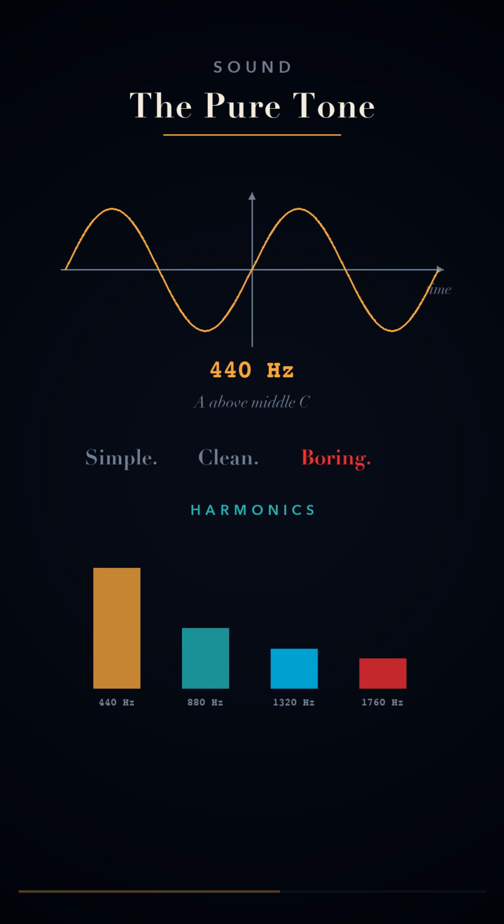Almost nothing in the real world sounds like a pure tone. When you pluck a guitar string tuned to that same A, you do not hear a clean sine wave. You hear the fundamental at 440 Hz, plus a second vibration at 880, plus a third at 1320, plus a fourth at 1760, and on, each one quieter than the last. Those are the harmonics. And they are what give the guitar its guitarness, as opposed to the piano-ness of a piano playing the exact same note. Same fundamental. Different crowd.